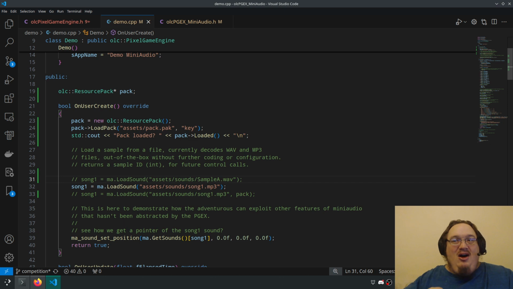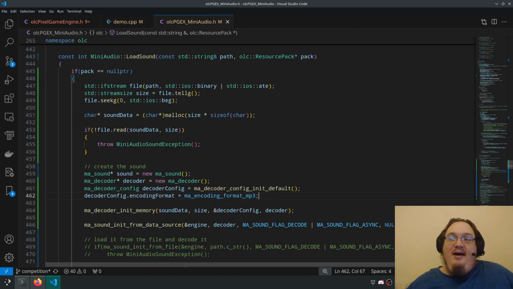Also, all of this I tried to do without even introducing the complications of the resource pack. This is all just loading a file manually and passing the data into this function. Now I don't know what I could be doing wrong. I really don't. And it's frustrating.